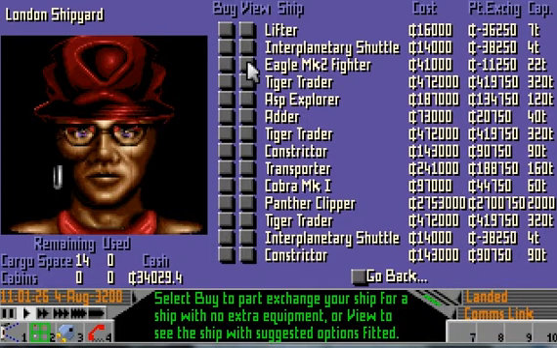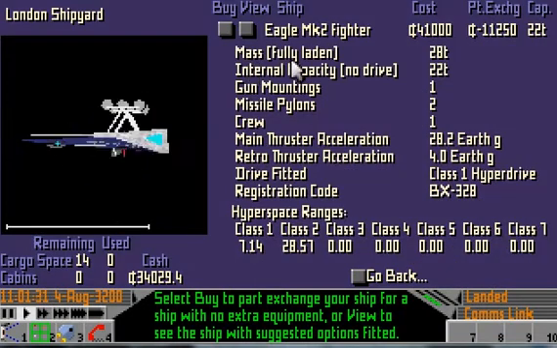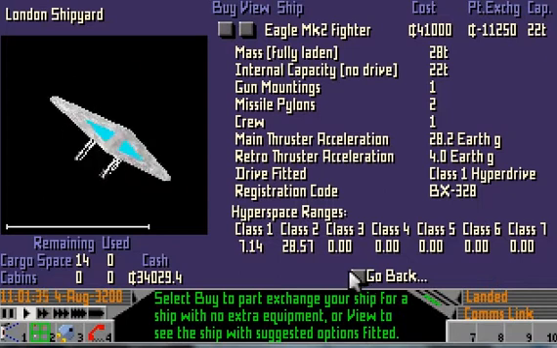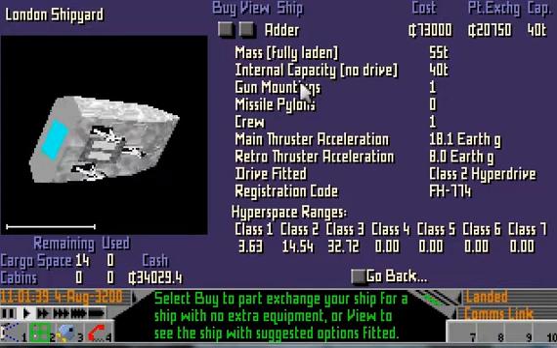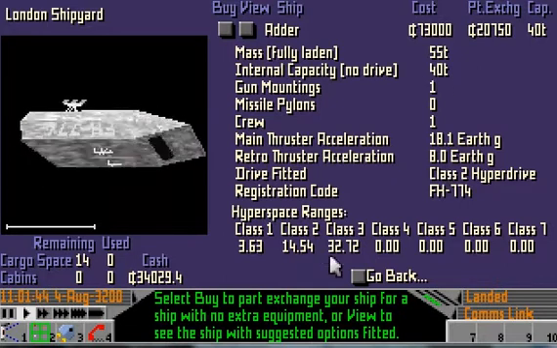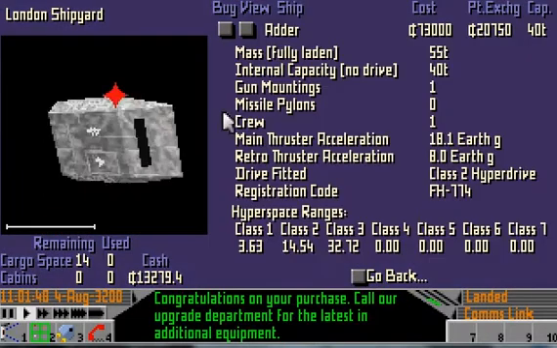As you'll see, there's an Eagle Mark II there, which is what we're flying. Capacity of 22, Class 1 hyperdrive, yada yada yada. What we're getting is this, which is capacity of 40 tonnes, a Class 2 drive, which will get us further. So if I now click buy,